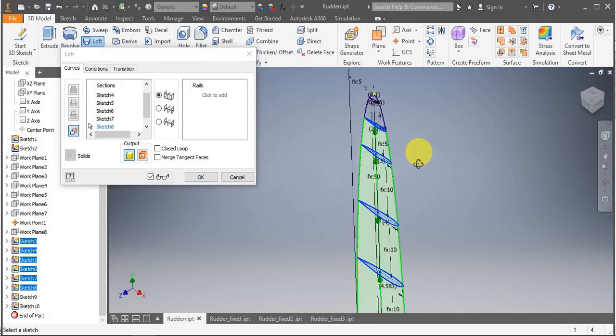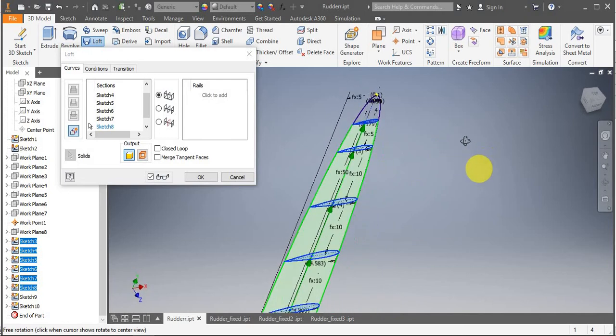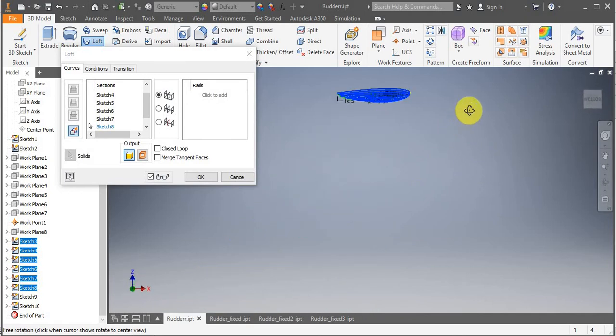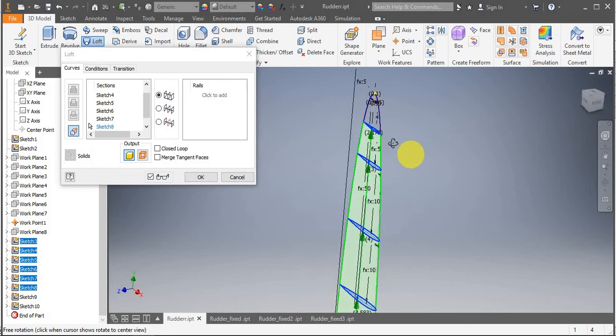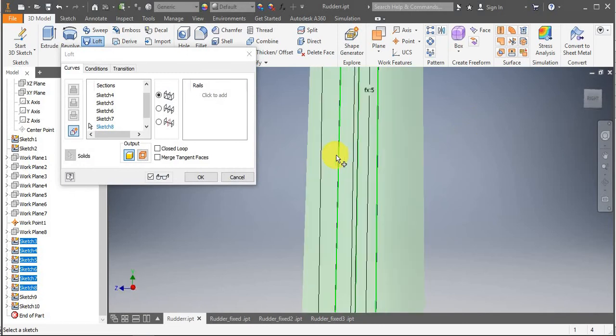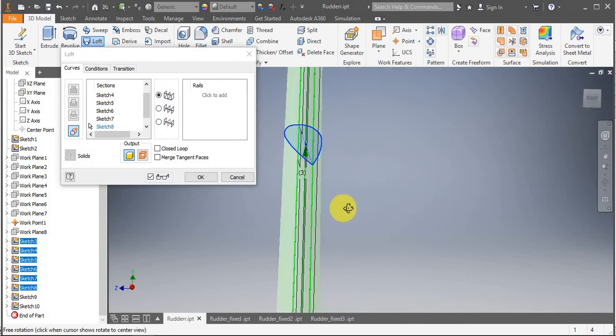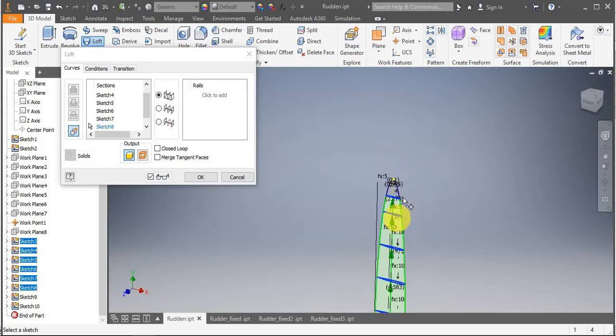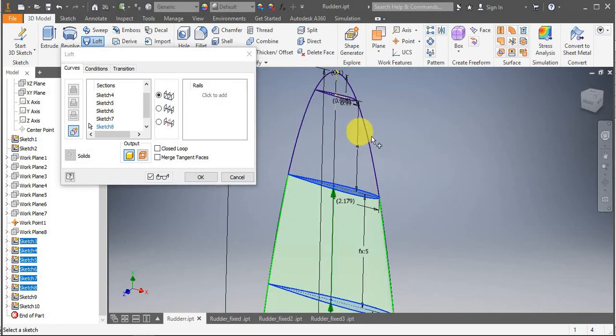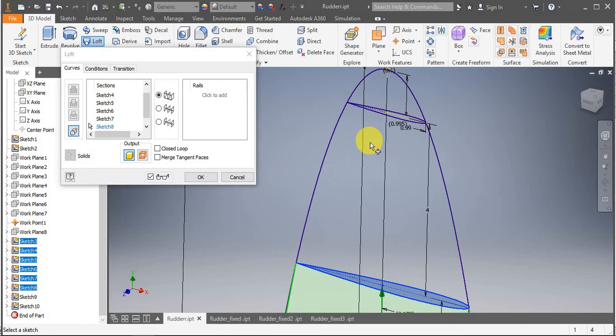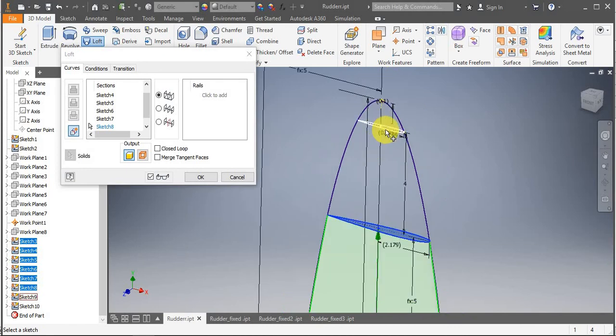So up to here it seems pretty accurate. It seems like, even though I haven't selected the rails, it's following the right path and I get no bumps. So it's sweeping it straight away. So that's really good. The problem is when I try to loft towards this section,